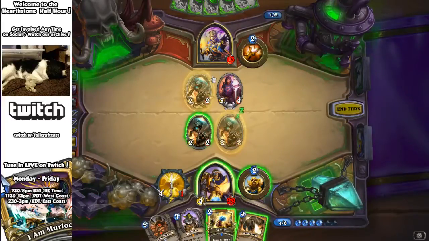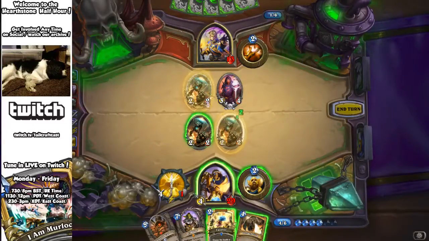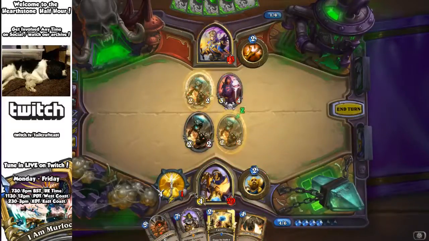I don't really want that fully buffed up. Do I just go for face and risk a tank coming out with Dr. Boom? I could make a very reasonable trade here that will get all of that off the table. I'm gonna go